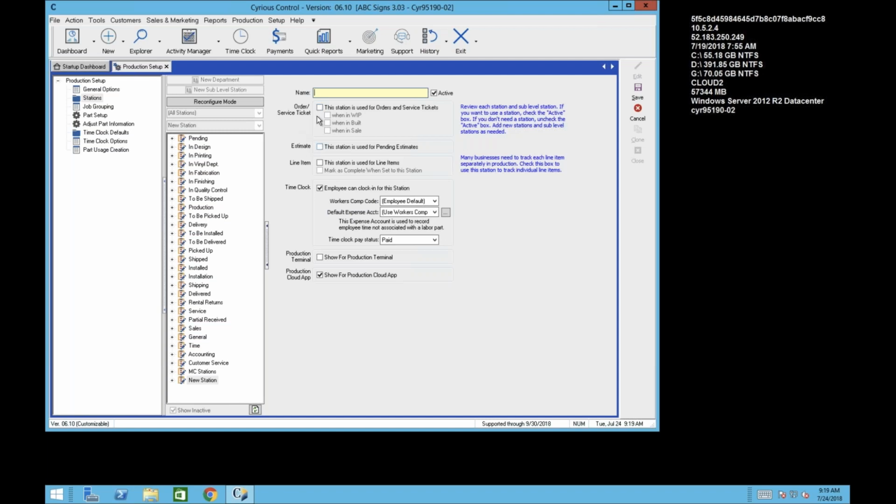This checkbox says that this high level department is going to apply to estimates. This says that this department or this name is going to apply to line items within an order, okay? And this says that it's going to be subject to use of the time clock. Now, if I come down one more level,